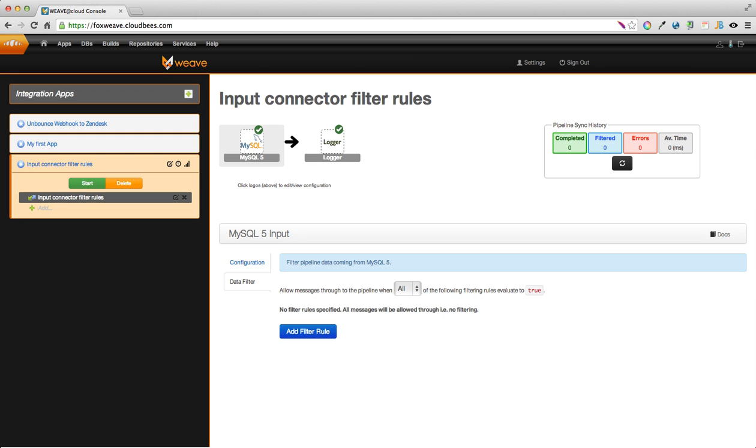Okay. For a database input connector like MySQL, on the other hand, you have some additional considerations. Number one would be, where in the data set do you want to start? Do you want to synchronize everything that exists already, or just start synchronizing from now going forward? Okay. The second thing you need to consider is, do you want to synchronize change data or just synchronize new